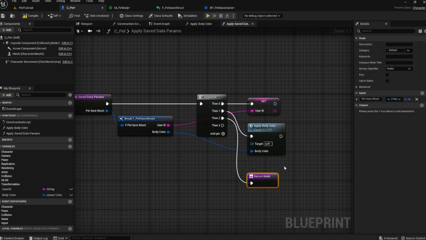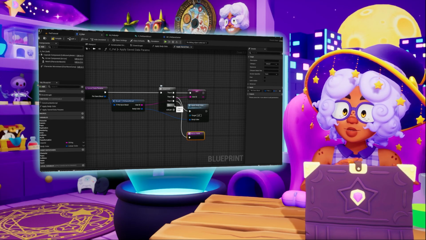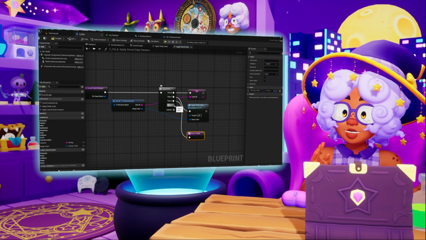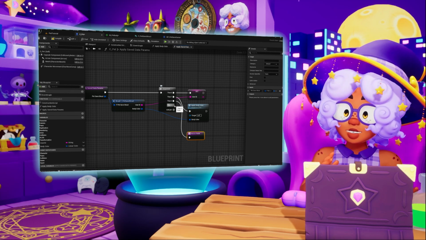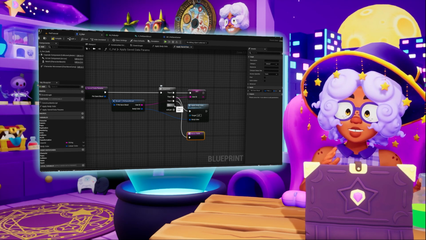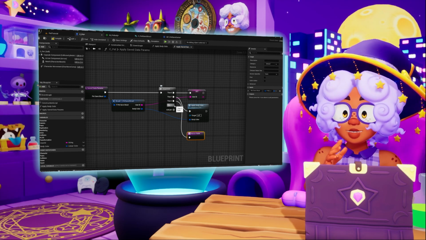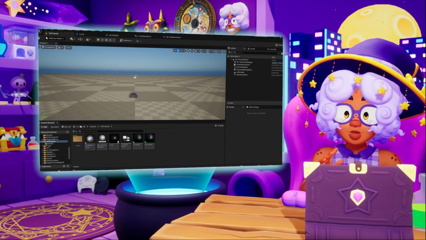So this function is going to take a brand new default pet, grab all the information that's been written to the save file, and modify the pet to match. The user ID can just have the variable updated, but the body color needs a function to actually change the material. Updating the variable alone isn't going to change the appearance of the pet, and that's kind of easy to overlook, so you want to do both of those steps in a single function. If you ever want to add more customizable features or stats or anything to your pet in the future as your project grows, you can make a function for changing those aspects and add it to this sequence. And that's all the pet blueprint needs to do for now.